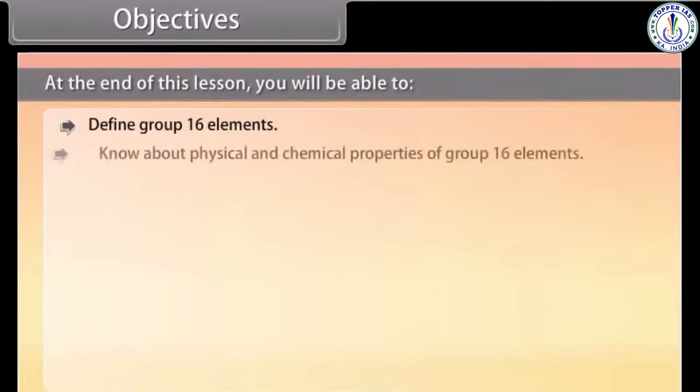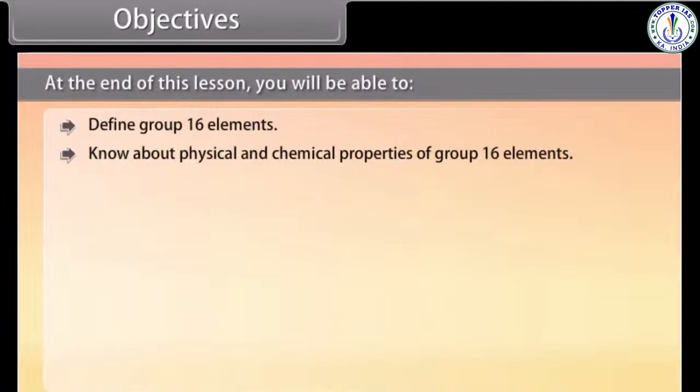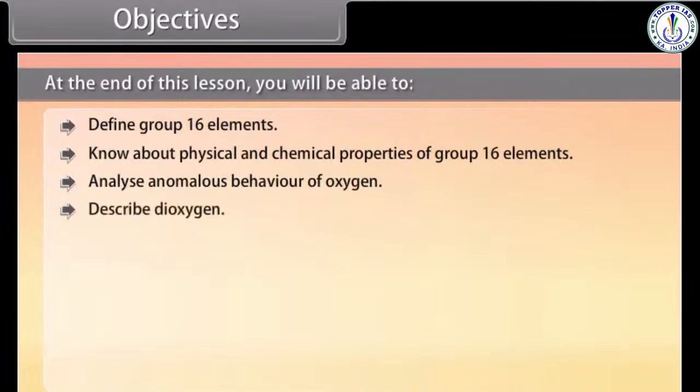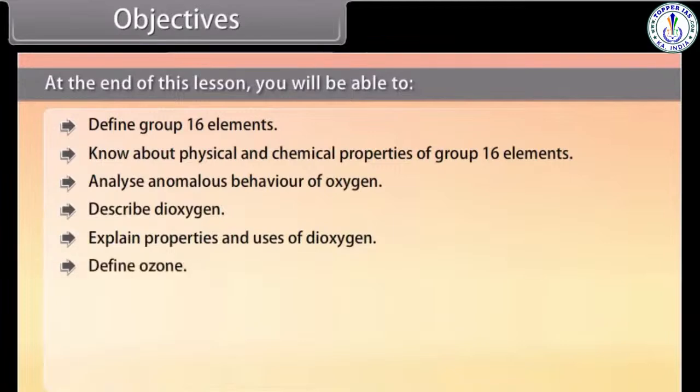Objectives. At the end of this lesson, you will be able to define group 16 elements, know about physical and chemical properties of group 16 elements, analyze anomalous behavior of oxygen, describe dioxygen, explain properties and uses of dioxygen, define ozone, explain properties and uses of ozone,